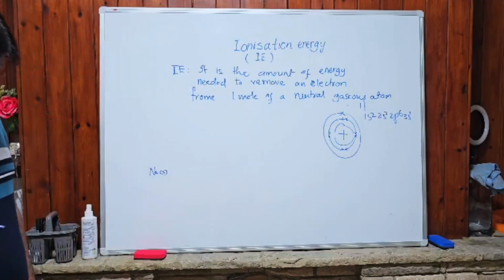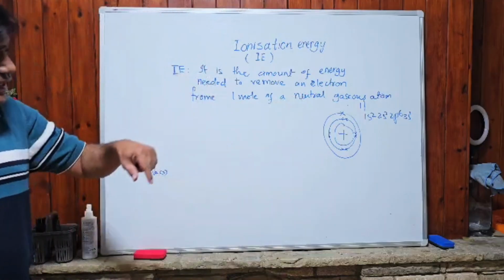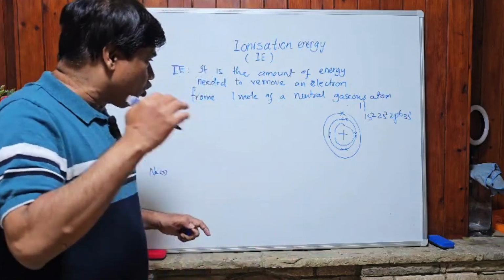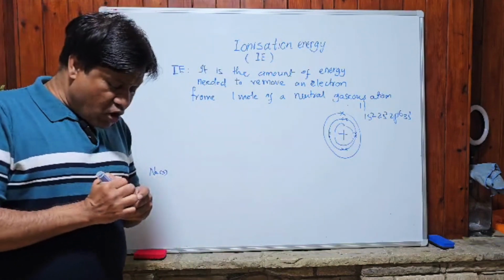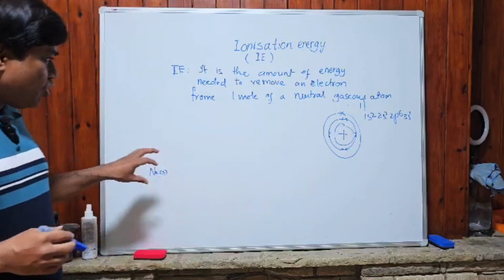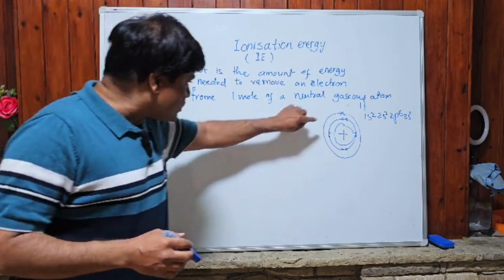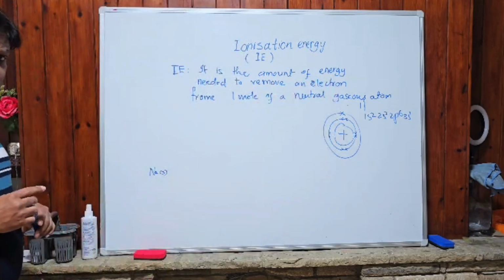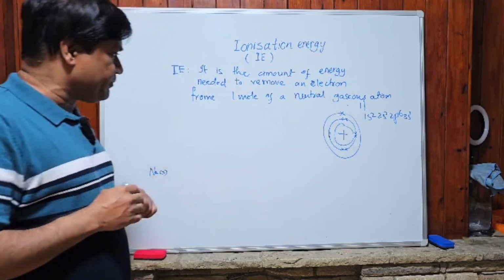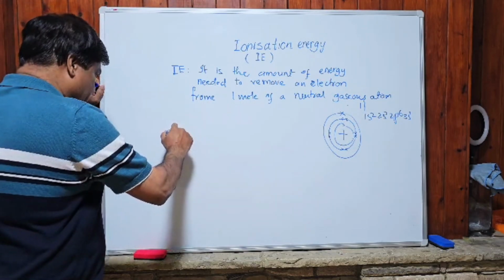We know ionic bond is formed by the loss of electron from the metal and gain of electron by the non-metal. But think about it, how can a metal give away the electron by its own? What should we have to do so that sodium loses this outer electron? First of all, we cannot take away the electron from the solid metal. Then what we have to do? Solid metal changes to a gaseous form,